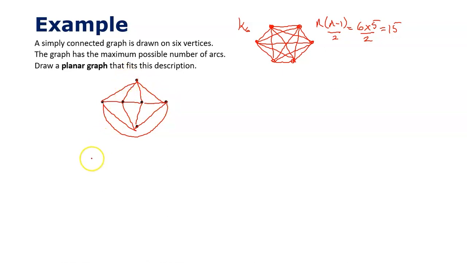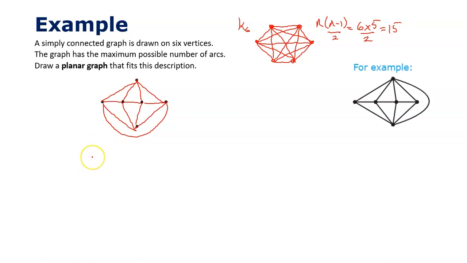Let's see what my answer actually is. Oh, that looks very similar. I drew from there to there. They've drawn instead from around there to there. But you can see that's what I ended up with. How many lines was it in the end? 1, 2, 3, 4 on the top. 5, 6, 7, 8. It was actually only 9 arcs in the end that was the maximum. And my K6 graph had 15. So you can see, to be planar means no lines crossing, if we're only going to draw this